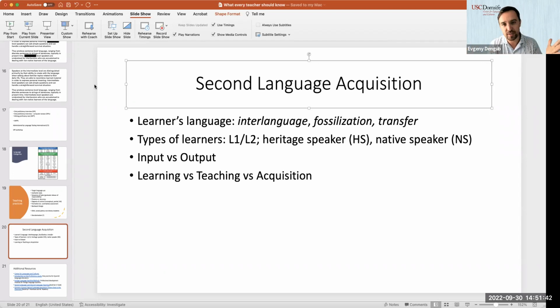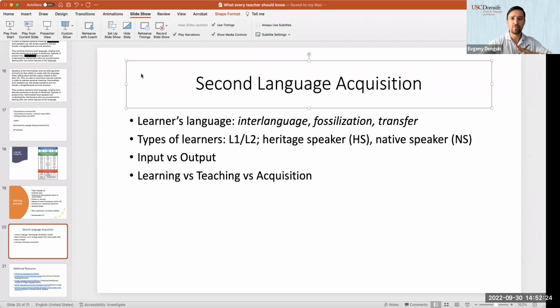Essentially, the concept of fossilization is very important, right? Certain mistakes, certain structures get fossilized, and it's really hard for students to erase them, overcome them. They would always make that mistake because it got so ingrained. I see a lot of Peace Corps volunteers who would go abroad and start conversing real quickly, but they didn't have a grammatical foundation. So a lot of things got fossilized, and it's so hard to help them get rid of those fossilized mistakes.